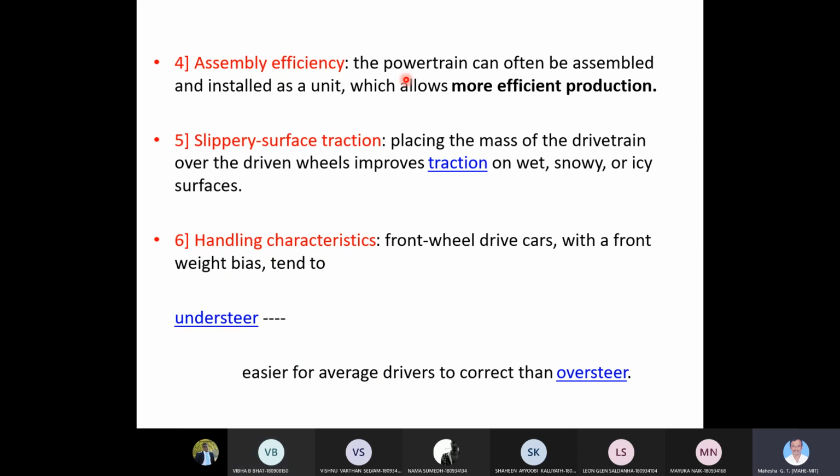Otherwise, some other layouts, which we will come across later, may result in an oversteering effect. In that case, if the vehicle is flying at a very high speed, after some critical speed it may be difficult for an average driver to maneuver or take the vehicle back on the right track, which may result in severe hazards and accidents. So handling characteristics are also desirable. These are some of the features of the front engine, front wheel drive in general.